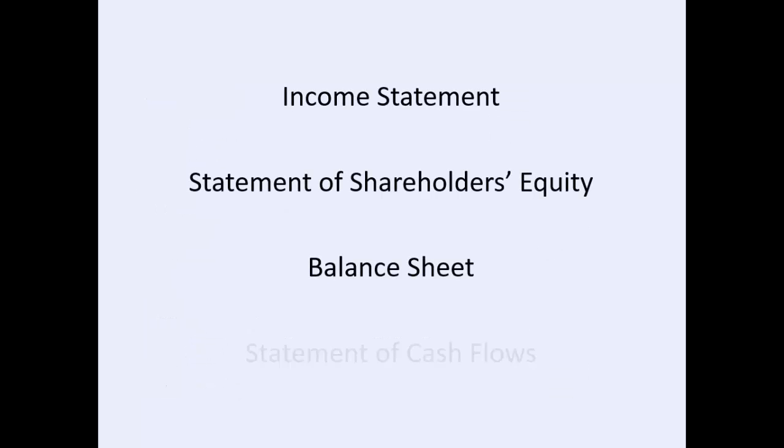So again, your basic 4 financial statements, just a review, and they really should be done in this order. You do the income statement first because you can't do the statement of shareholders' equity until you know what net income is. And you can't complete your balance sheet until you know what your ending equity amount is. We called that your ending capital in your first semester of accounting principles. But now with a corporation, we look at shareholders' equity. And then finally,